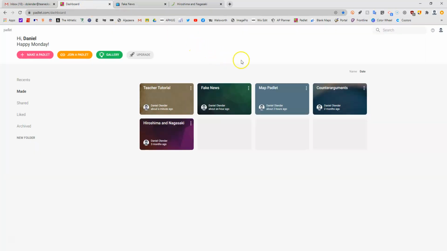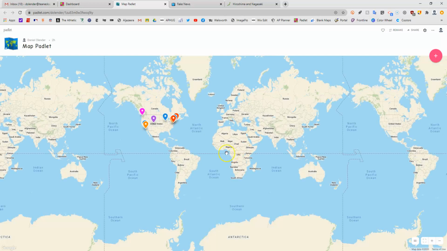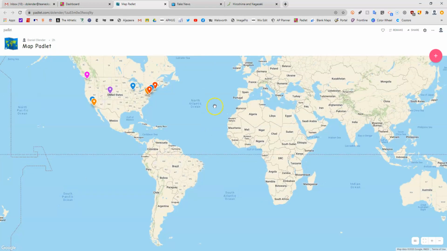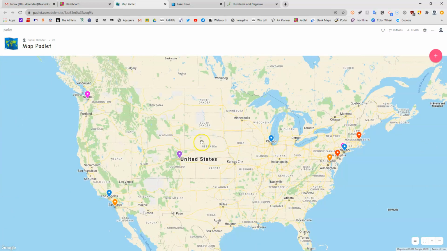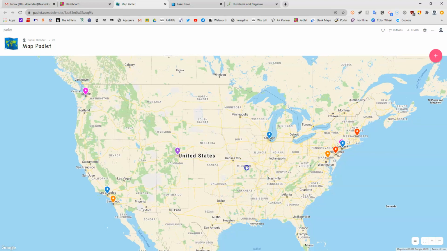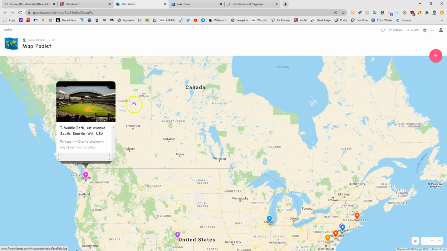And then the last one, I was playing around with this earlier today. And again, I think this is pretty great for social studies. You can put these different pins on the map. So I did some of the baseball stadiums that I've been to as a way to play around with it, since I haven't been able to go to any baseball games in 2020. I was just trying to have some fun there. So I put a pin in Seattle. So if I click on that,